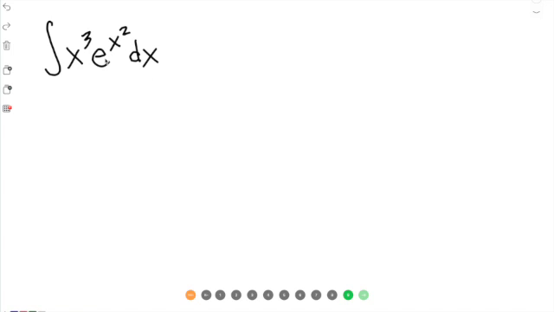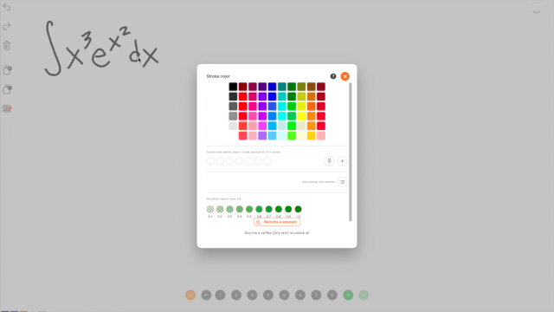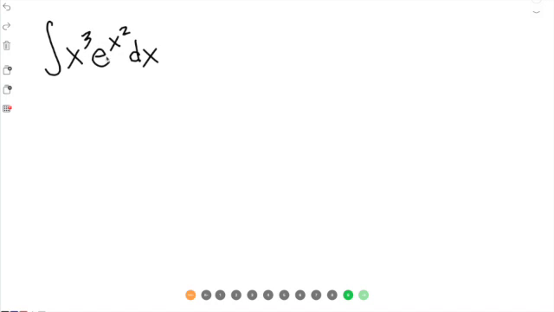As you know, we have an exponential function, but the exponent is nonlinear. It's x squared. So the first thing to do is to try to linearize the exponent, and we do that by substituting another